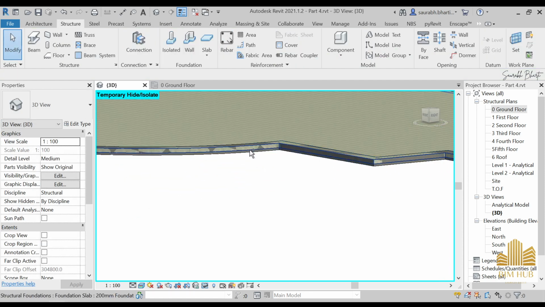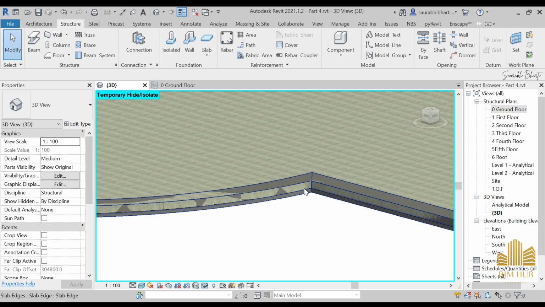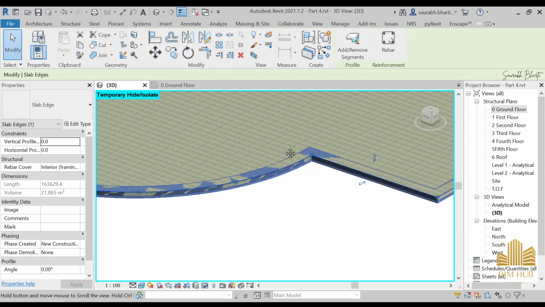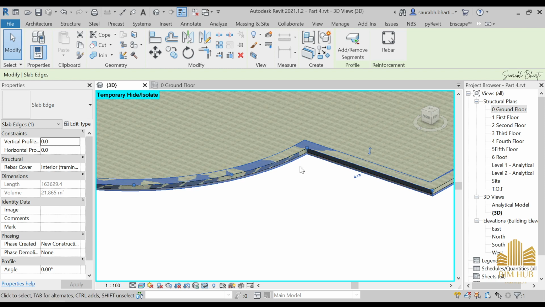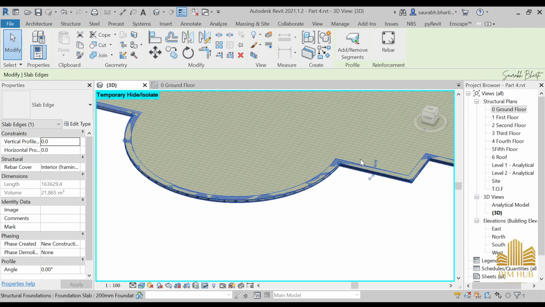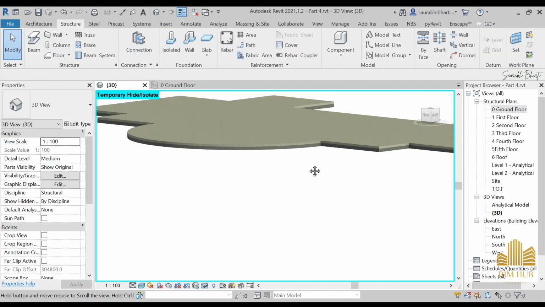Now what we can do is provide this slab on the downside of it. As you can see, it is just highlighting over here, that is, it has mismatched with this slab portion. So you can give it a height of -200. So I'm giving it a vertical height. You can also move it horizontally, as you can see, but I have to move it vertically actually. So just give it -200 because the slab size is 200, as you can remember. So as you can see, now it is on the downside.